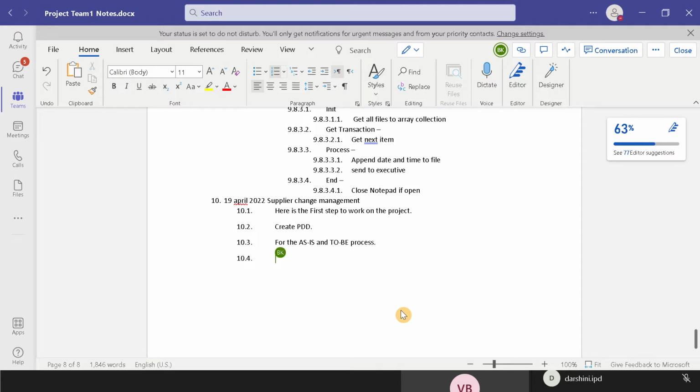So first we have to create the AS-IS and TO-BE, and if the process we understood is totally the same as what the business explained to us, then we can start the development. Okay, so you're saying that development. Yes. Go ahead and write development and write all the requirements for development. What will you do? Then after development,